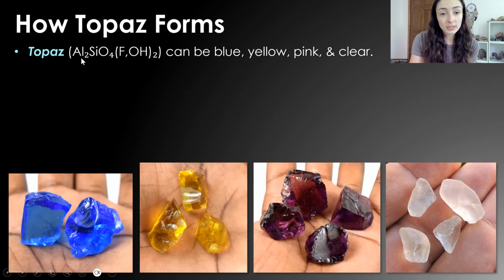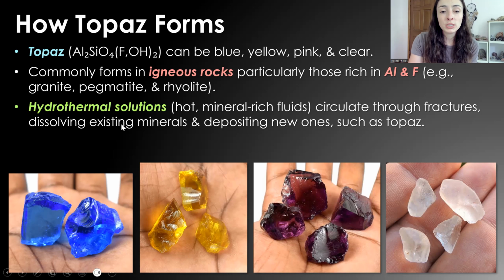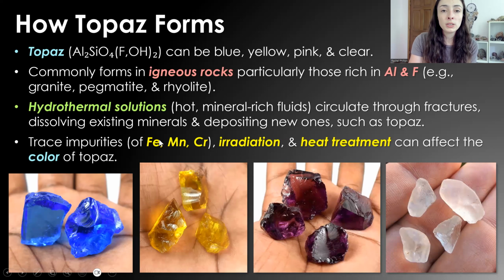Now moving to topaz. Topaz can be blue, yellow, purplish, pink, and clear or whitish, kind of opaque, and it commonly forms in igneous rocks, particularly those rich in aluminum and iron, like granite, pegmatites, or rhyolites. Hydrothermal solutions, again, hot mineral-rich fluids, can circulate through fractures, dissolving existing minerals and depositing new ones, like topaz. Trace impurities such as iron, manganese, and chromium, irradiation, and heat treatment can all three cause the color of topaz